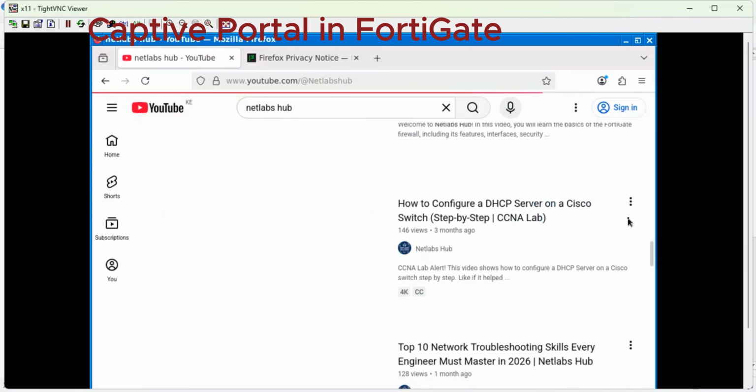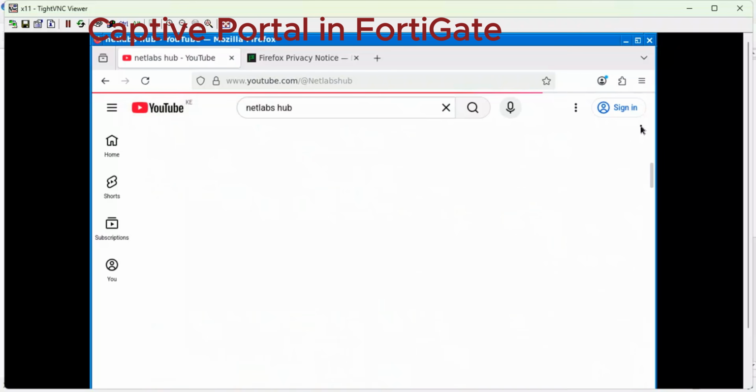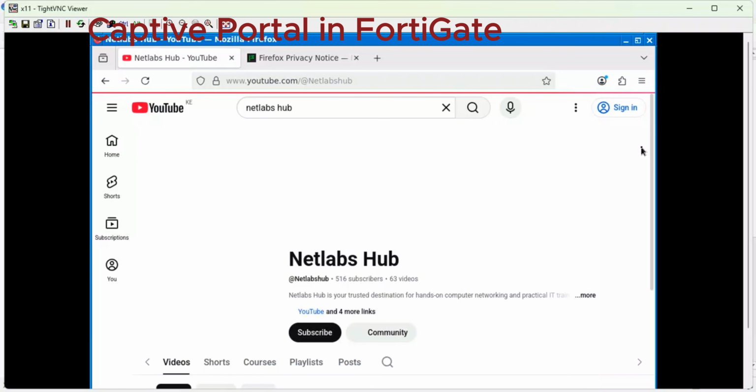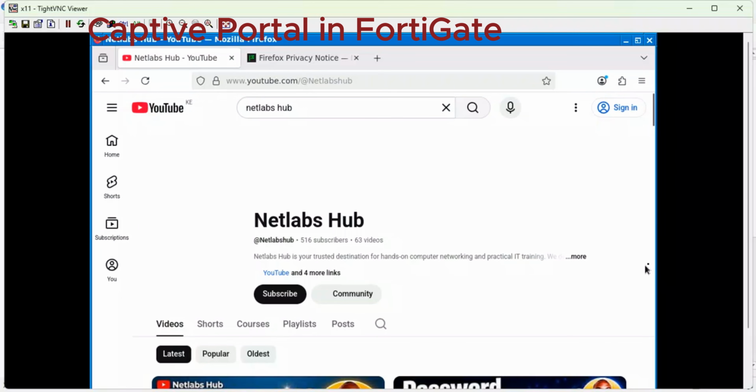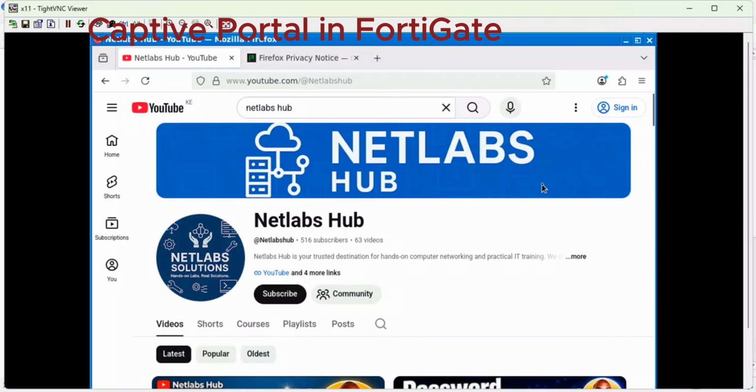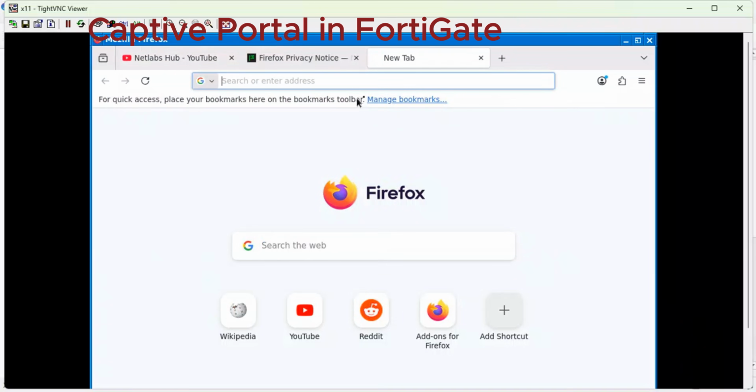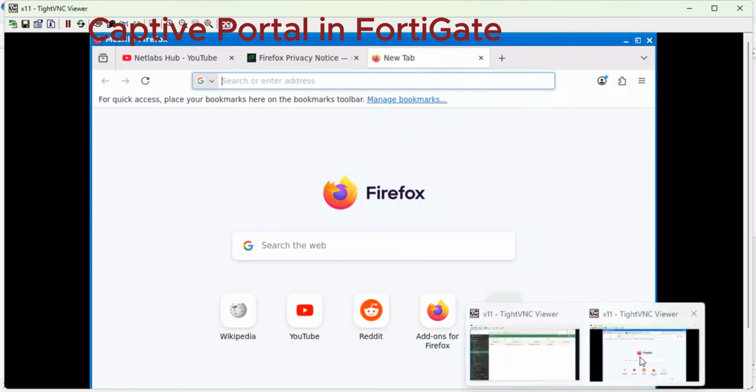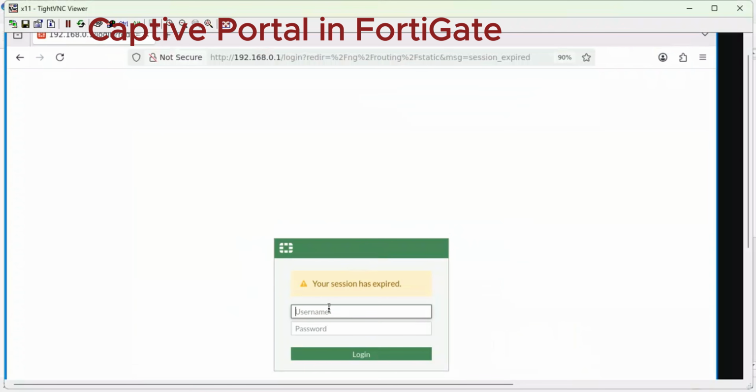So the main thing remaining is just enabling the captive portal, and then it's done deal. We verify. So this is our channel, Netlabs Hub. So let me come to access the firewall, and then configure the captive portal. So admin,